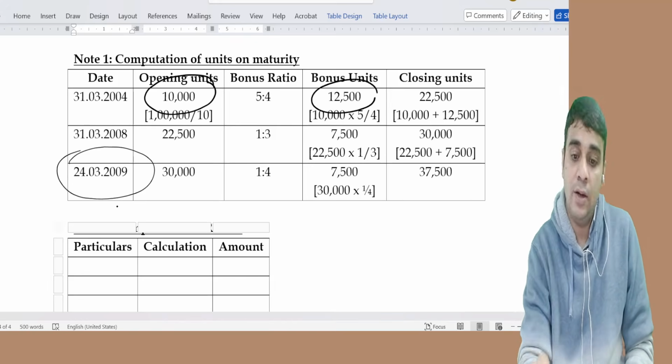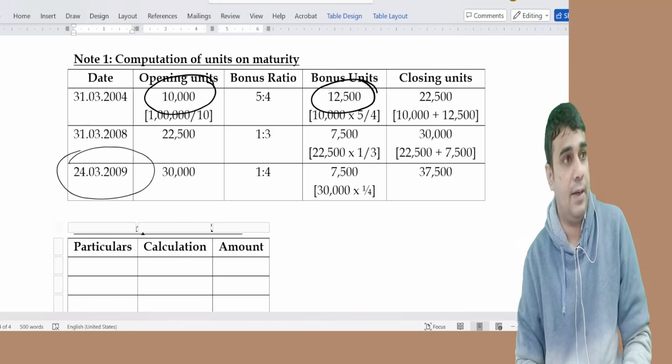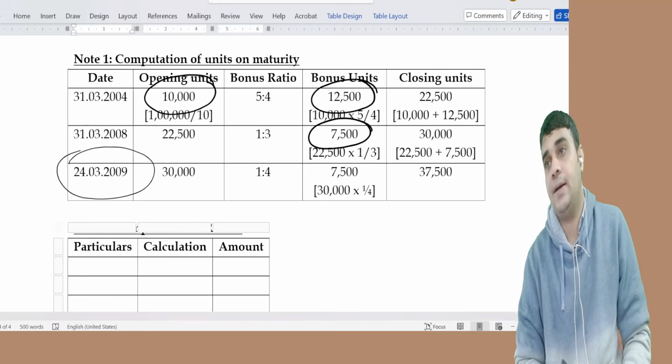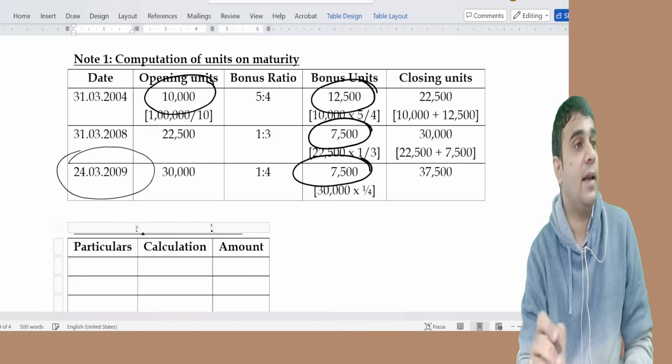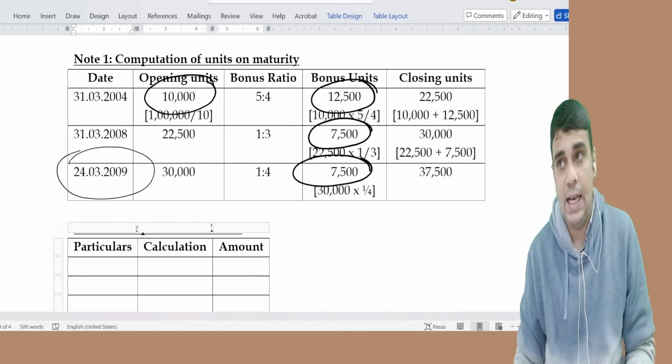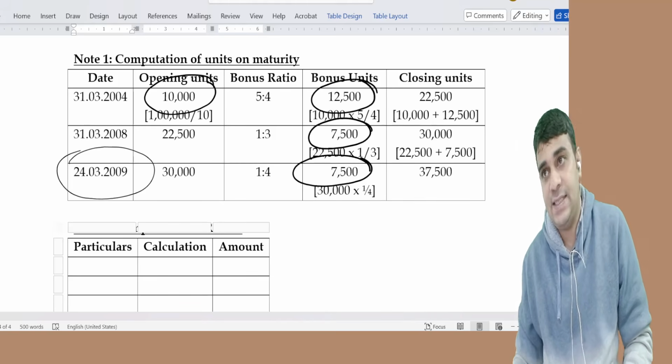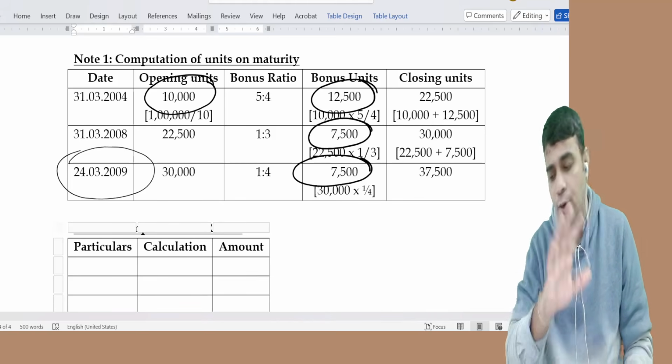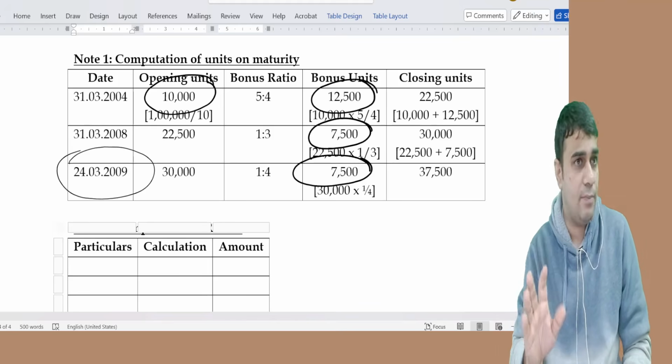Then this 12,500, calculate capital gain. This 7,500, calculate capital gain. This 7,500, calculate capital gain. More than a year, pay LTCG. Less than a year, pay STCG. If they want to complicate, I don't think ICI will get into that much complication, but if I want, I